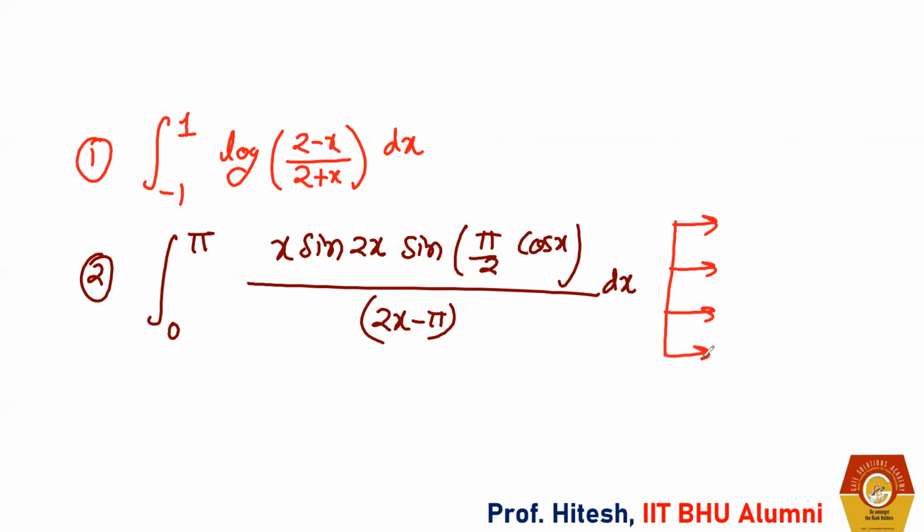Let me give you options that will be more comfortable. A, B, C, D: 8 upon pi, pi upon 8, 8 upon pi square, and pi square upon 8. ठीक है, चलिए write it down. Tell me the correct answer on our WhatsApp group. पूरा solution भेजिएगा.